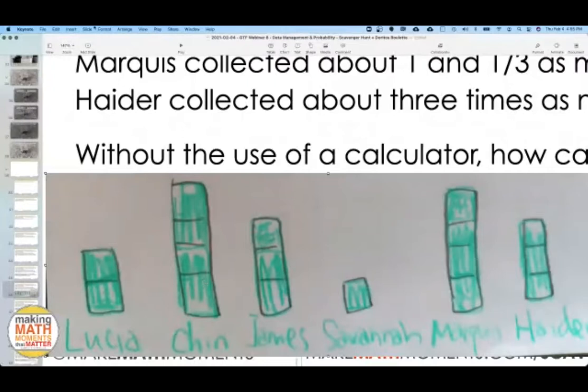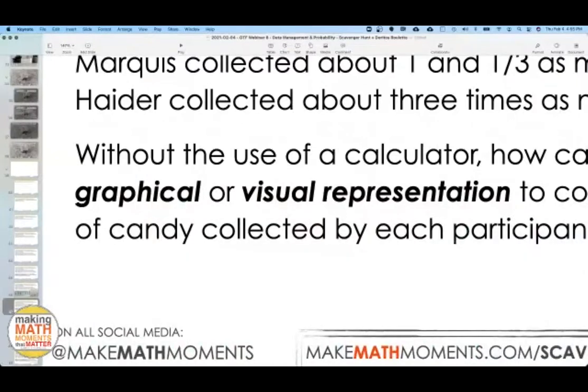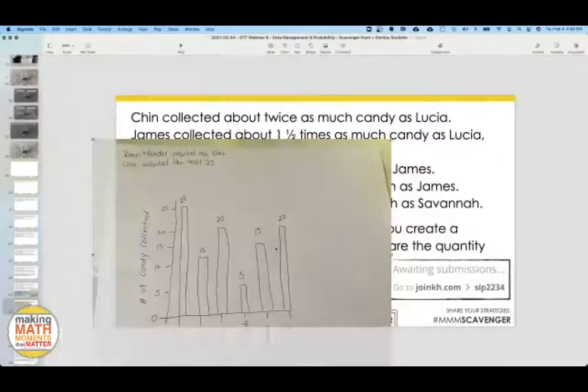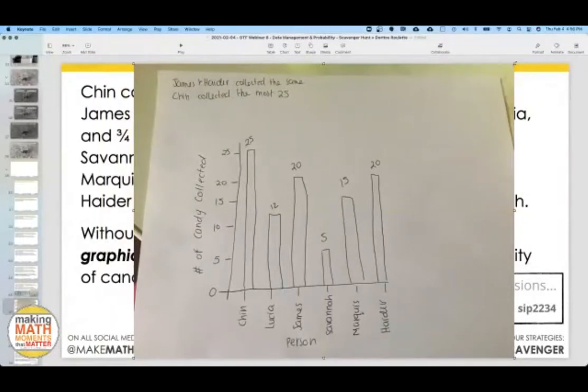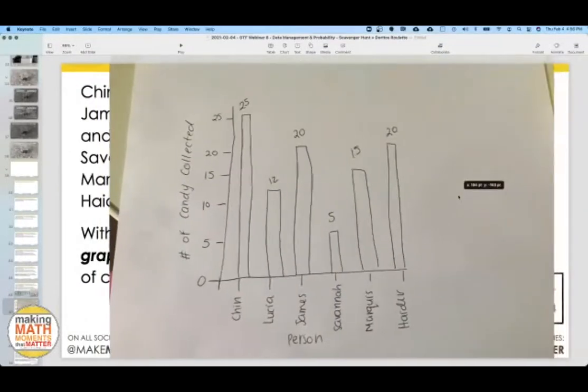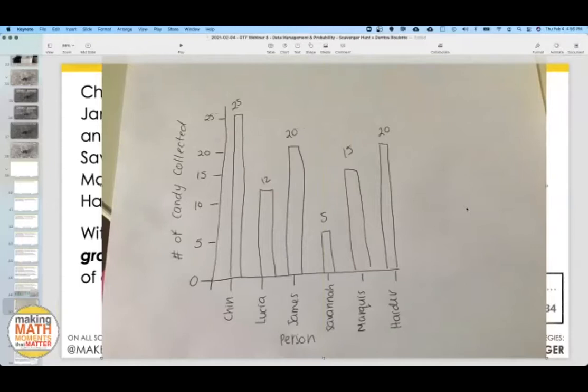And there's so many different ways and different representations here. Here's another one I saw come in. You're going to see all kinds of varying approaches, and it gives you some insider information on what prior knowledge students are bringing with them to the table. So obviously this student has some prior knowledge with graphing. That's really important for us to know. I just think about all the times that I used to teach a lesson.